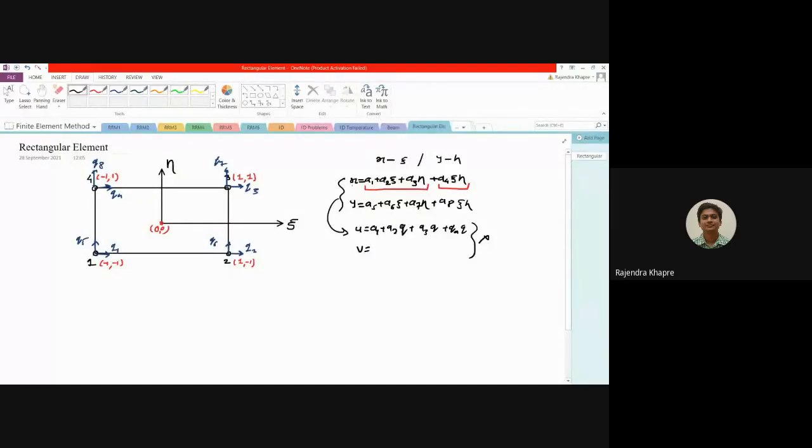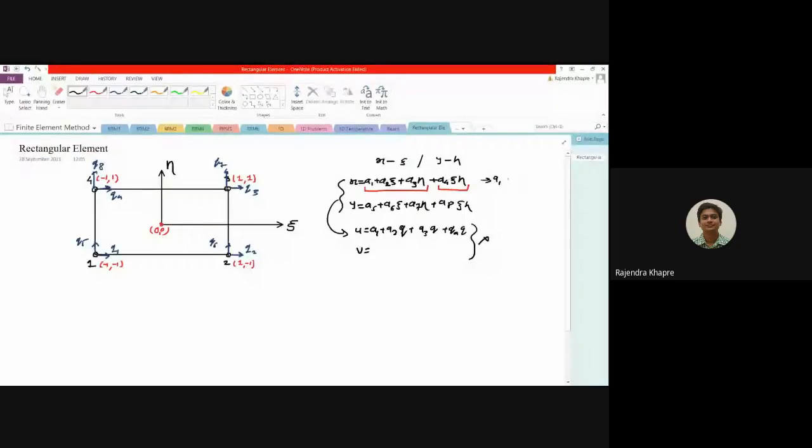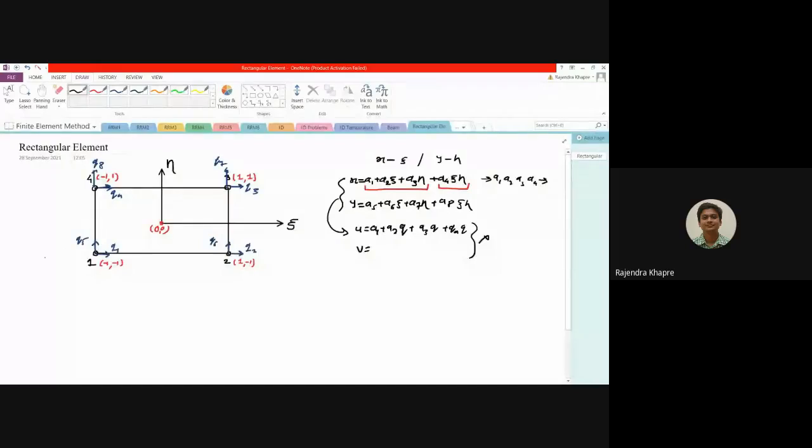Let us focus on xi or x in terms of xi and eta. So all we need to find out is the value of a1, a2, a3 and a4. In order to calculate all these constants,